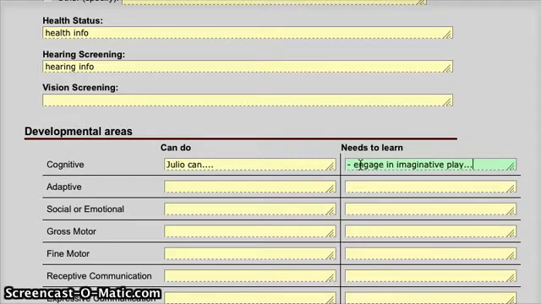Whatever it may be, I usually finish the evaluation report and then apply goals, which automatically enters on the needs to learn on the development page, as you know. And then that will, in sequence, fill in the suggested goals on the ECSE report. So if we go back to the ECSE report form,